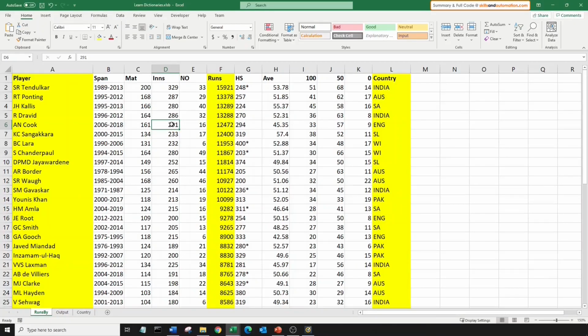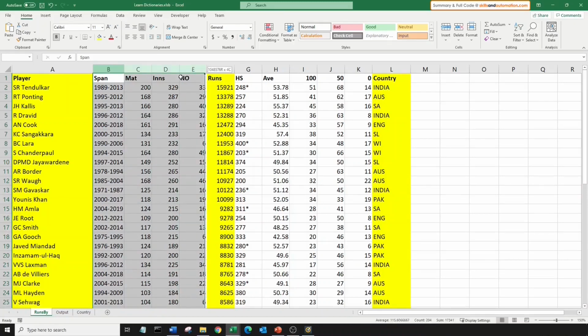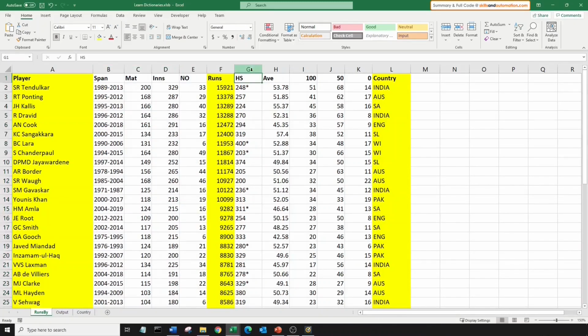Let's look at a data set for this section. It is a data set of most cumulative cricket test match runs scored by any player. So we have the top 50 players right here. Currently, we are only interested in the highlighted columns, which is player name, country, and runs. I've left in some other columns, which were already in the data set from ESPN Cricinfo, but I've left these in there just to add some complexity.